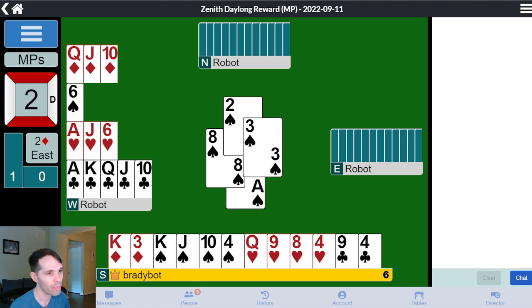Okay. Well, that is a very fascinating dummy. So it looks as if East has something like Queen 4th of spades. It looks like East doesn't have 4 hearts. Otherwise, they might have bid 2 hearts instead of 2 diamonds. So what am I thinking? I'm thinking